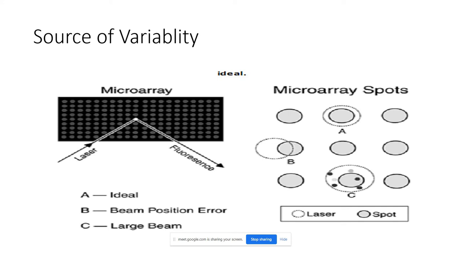Okay, source of variability. So we scan the microarray image. A laser beam is targeted on the microarray slide, then the image is scanned. When we target the spots, there may be a defect. The beam may not target the spots properly. Here you can see this is the ideal spot, the intensity is focused on it, but here in B you can see